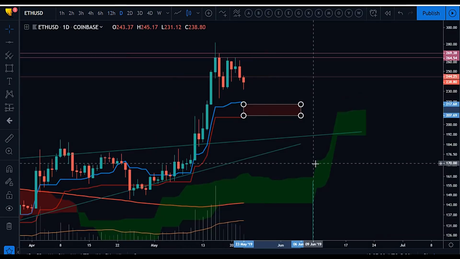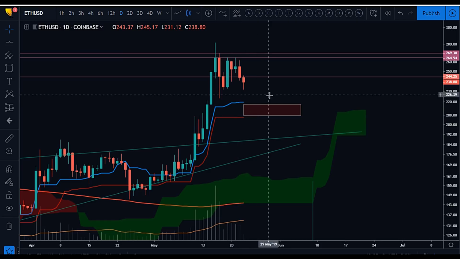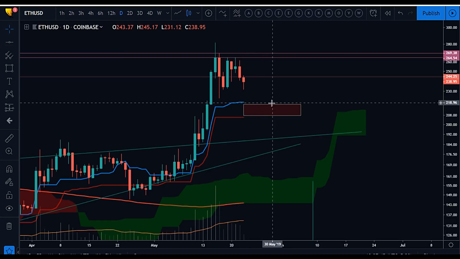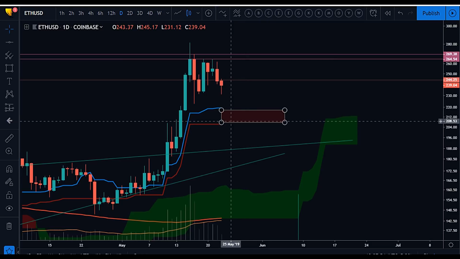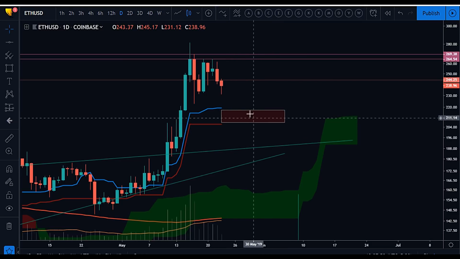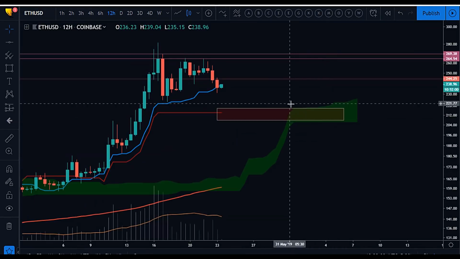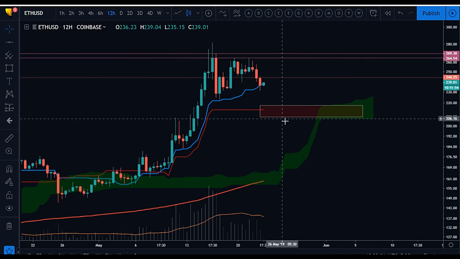You go on over to our daily, and what do you know? There you go. That's perfect. You have a Tenkan over here and your Kijun. So we do have the Tenkan possibly supporting price at around 219. I'm thinking 217-ish, to be honest. This may move down a little bit, I don't know, but this would be an area for me to reposition my trade. If we break this zone over here, I'd be de-risking some of my position and repositioning over here,